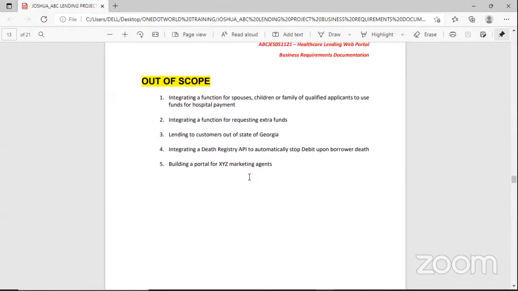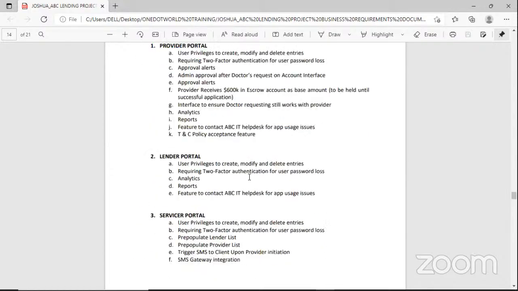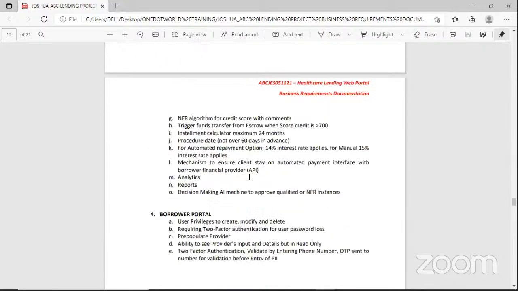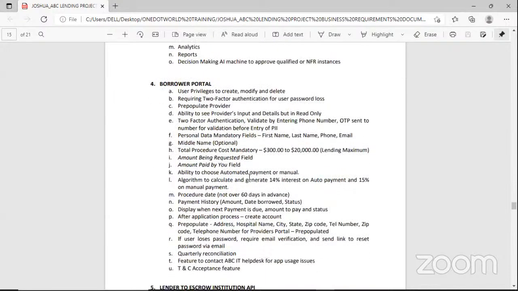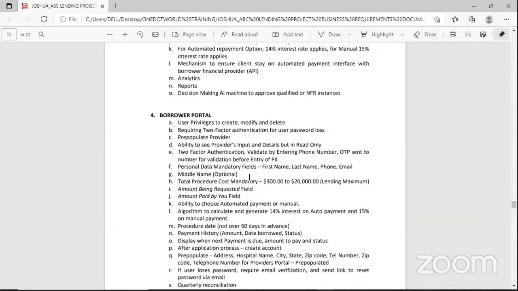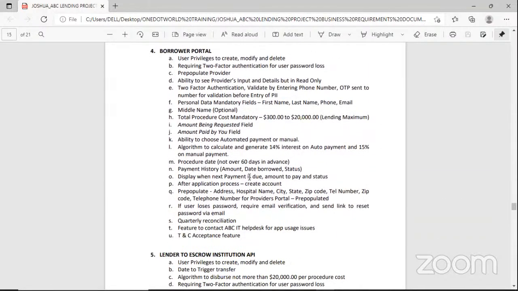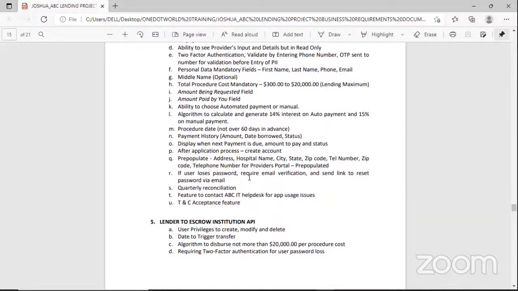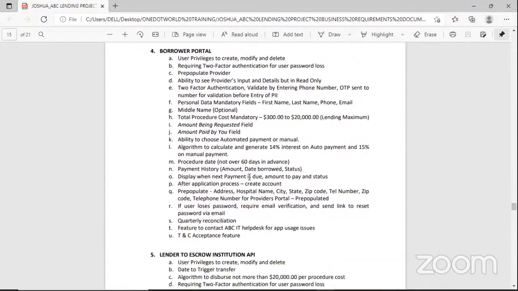This would be covered in the borrower's portal, but it's one of the things that were not covered here in the document. After the process is started by the provider, the borrower continues their registration and selects the amounts that they request. If they agree to the terms of service of ABC Financial Services, then they can go ahead and sign the document. I don't know if I am answering you clearly, but if you have any additional information that I missed, I'll be glad if you give it to me. Thank you.